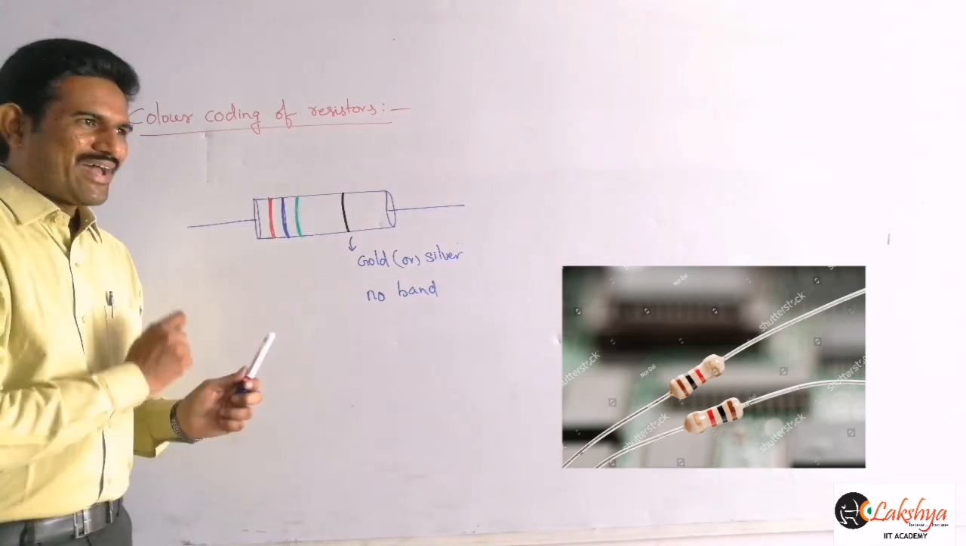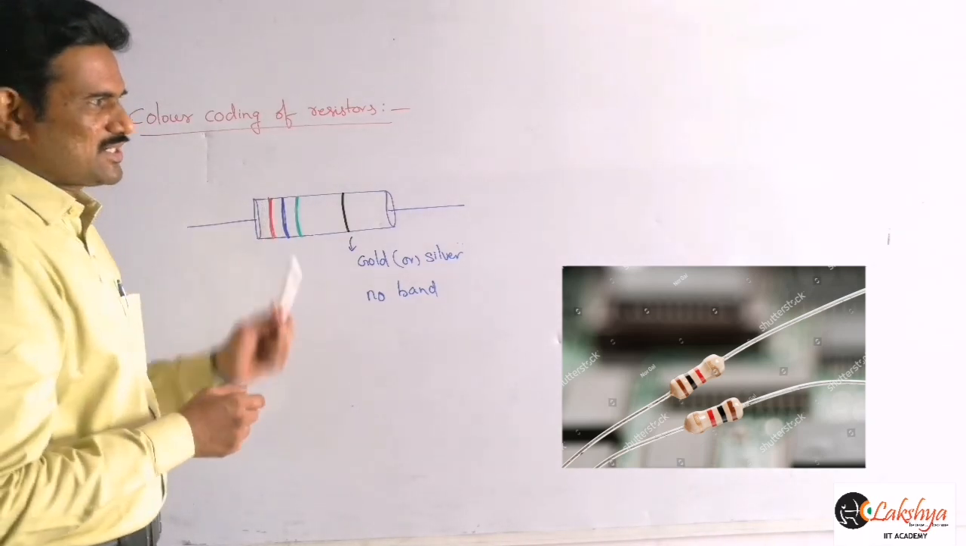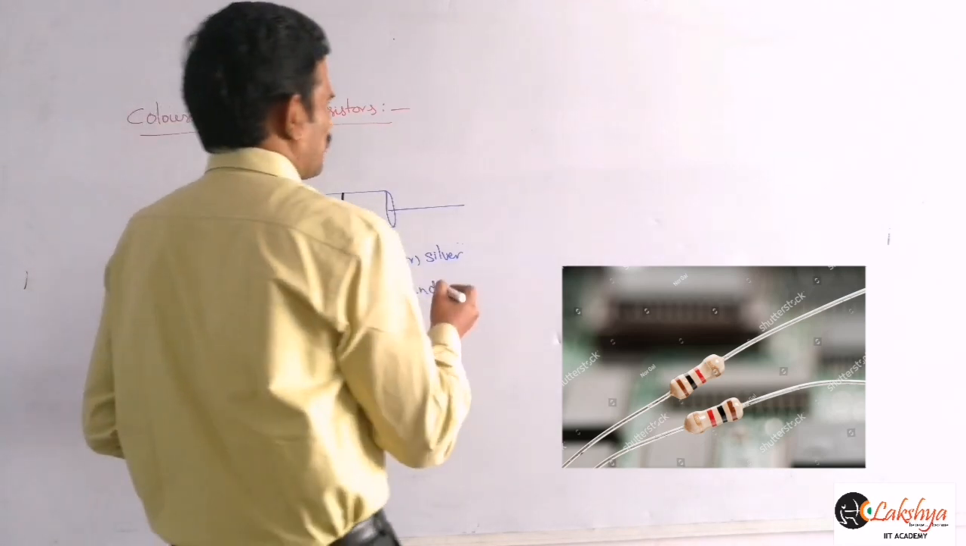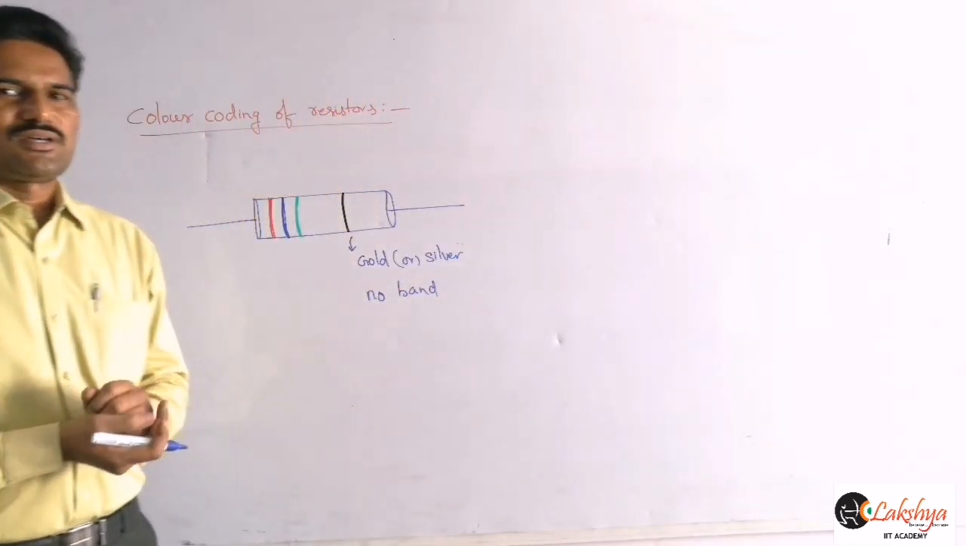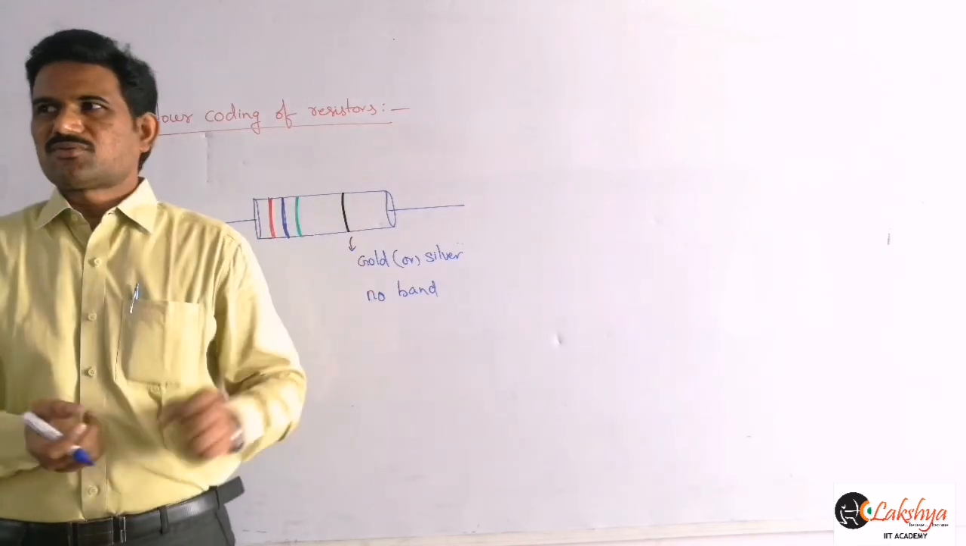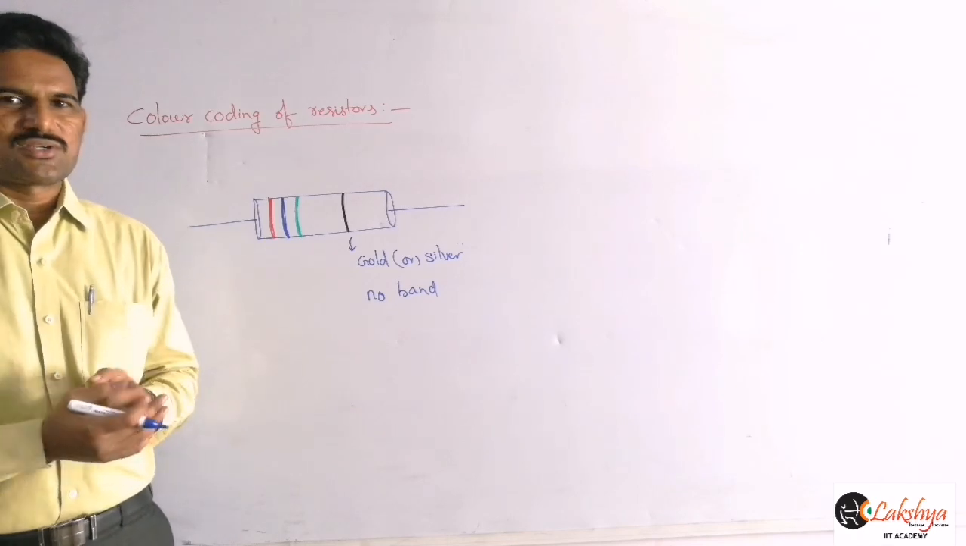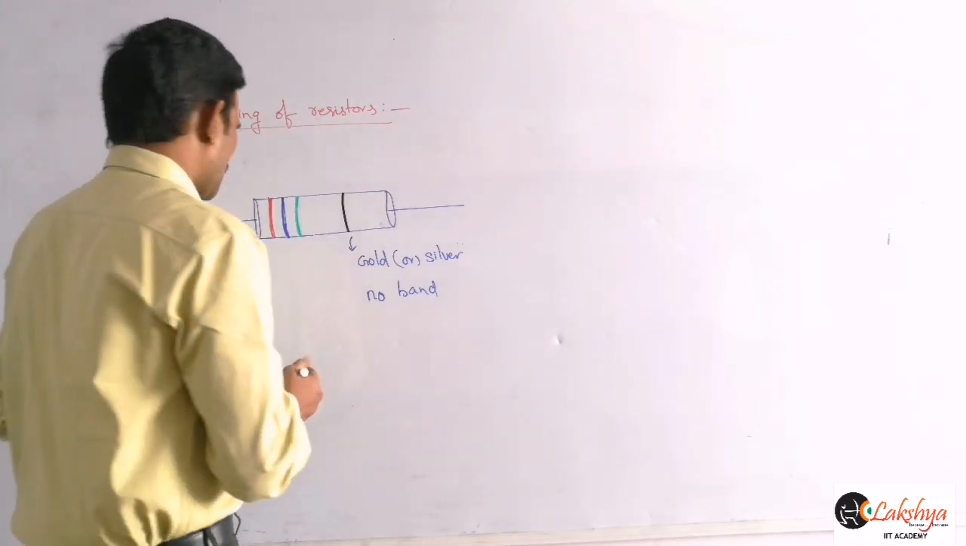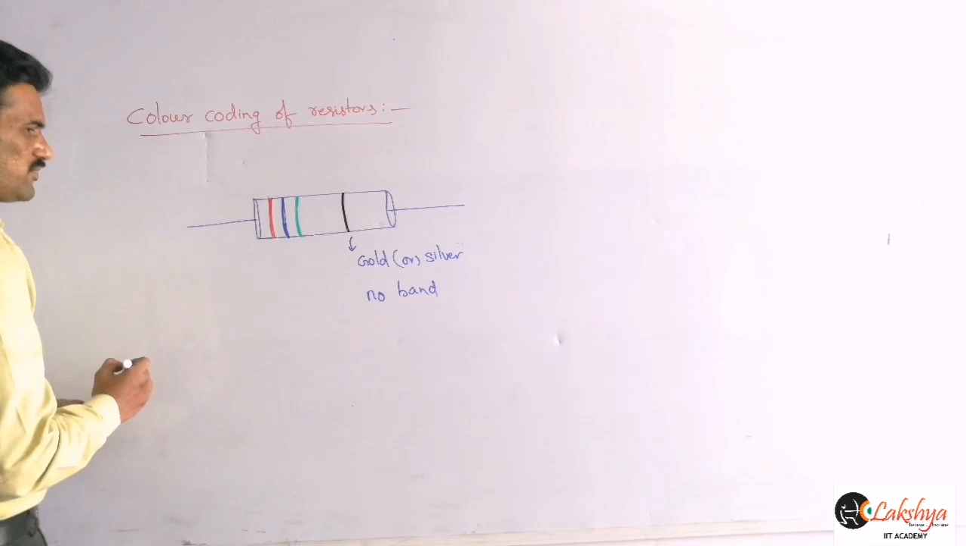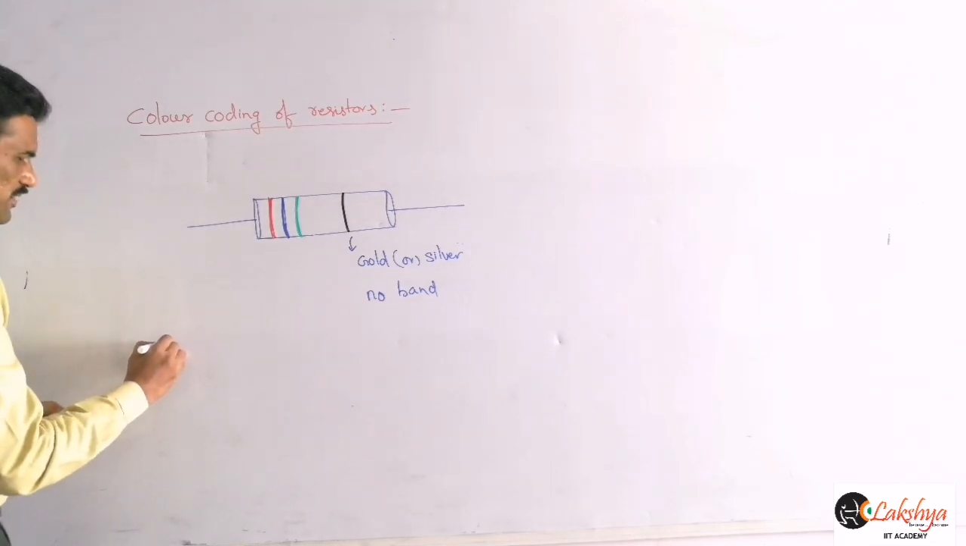To identify the values, certain values are given there. For the different colors, different values are given. To remember those values easily, we use different notations. One of the notations which we will use here is